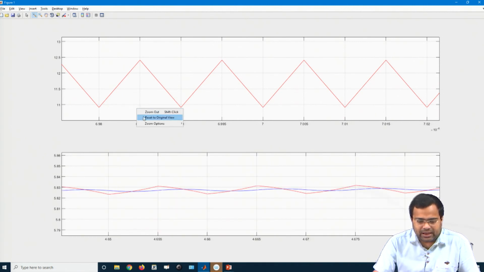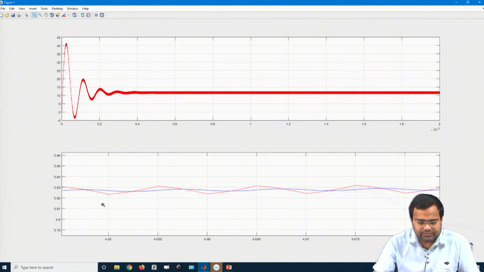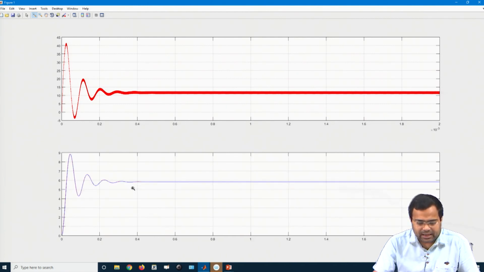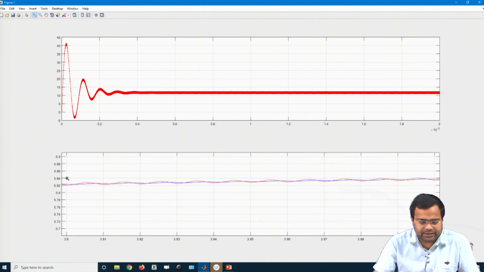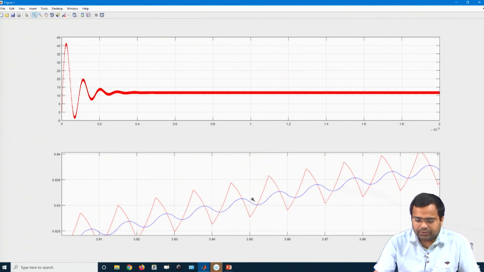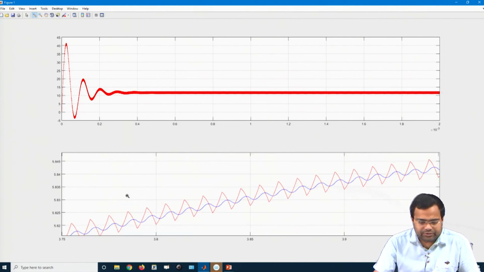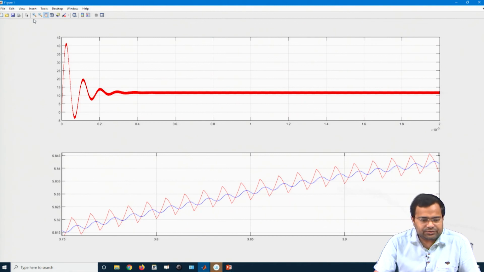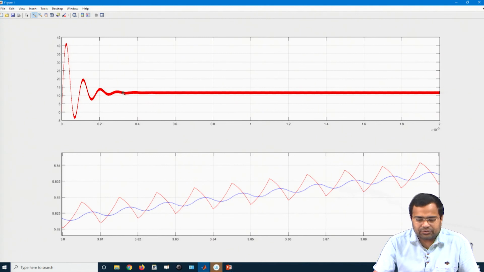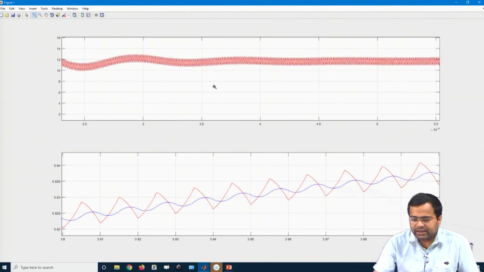If we look closely at this waveform around this time frame, let us say we choose between 3.8 and 3.9 microsecond, if we choose this window, and here also I can choose 3.8 to 3.9.